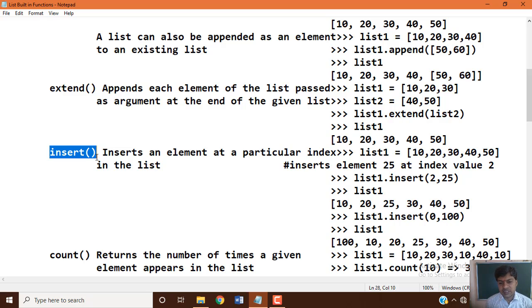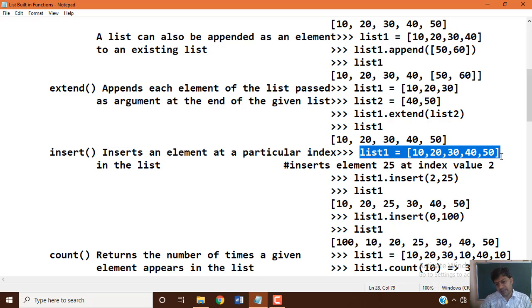Yes, we are able to insert a new element into the existing list data items. Let's take an example of how we can do this. list1 equal to 10, 20, 30, 40, 50; we created the list variable list1 and assigned the data.